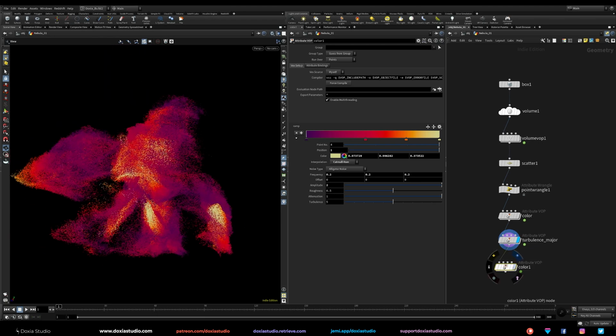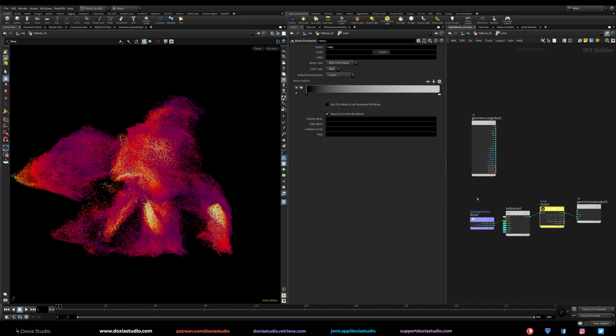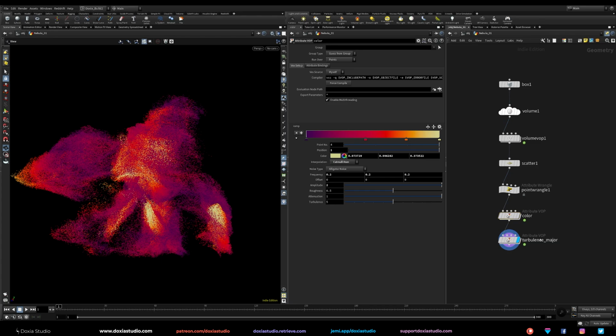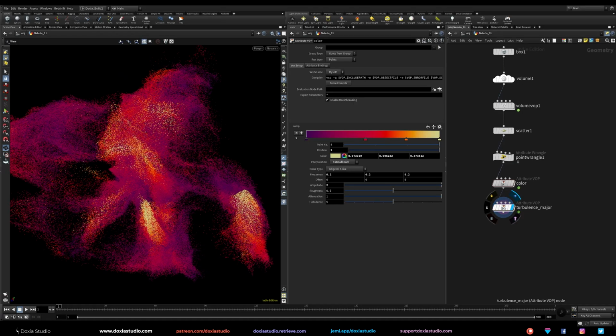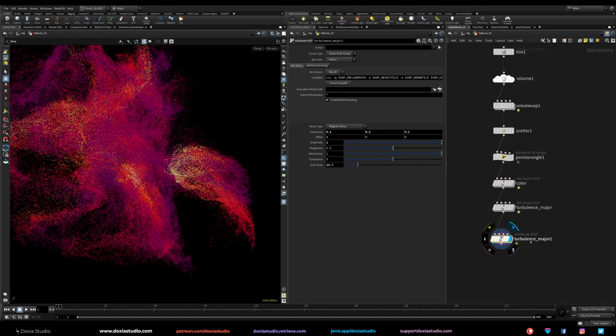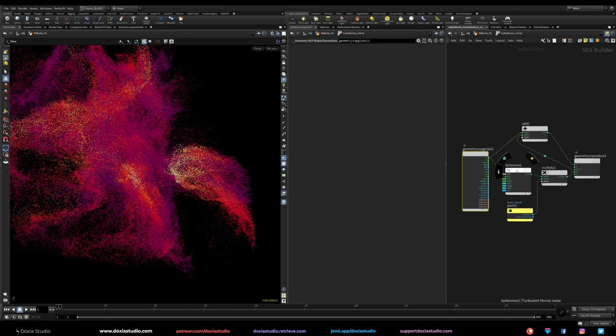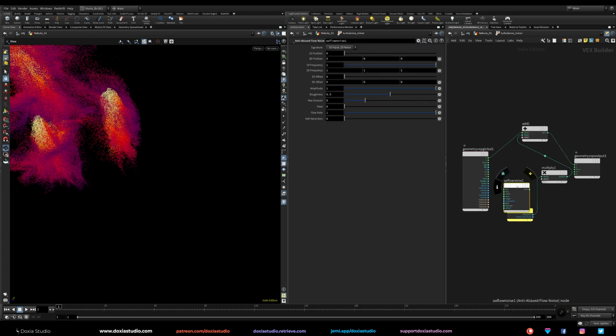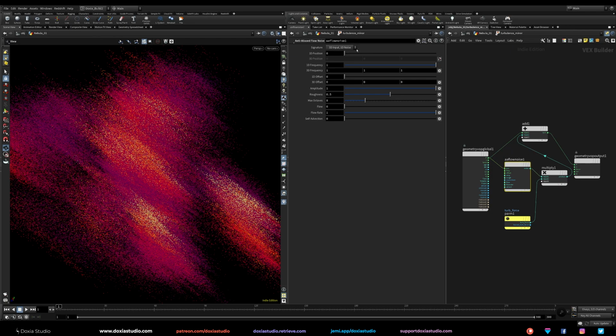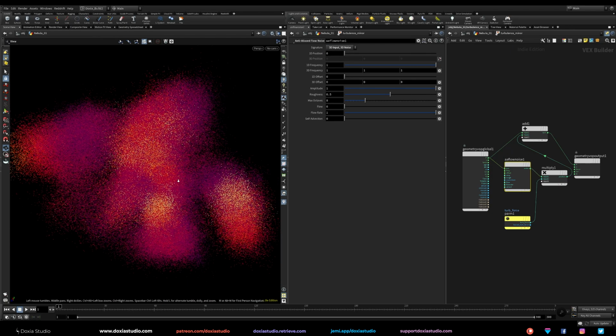Okay, much better. So give the color before, and of course this one you could use this position, but you will understand why we are using a starting position. So we have here something really cool, and if you want you can come here and add another turbulence, but now let's call it minor. And let's experiment with a different noise. Let's go with something like anti-aliased flow. Let's go with this one and multiply here. And this one, I want to be a 3D noise input.